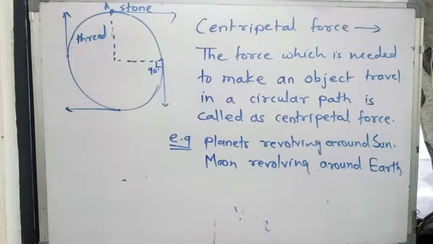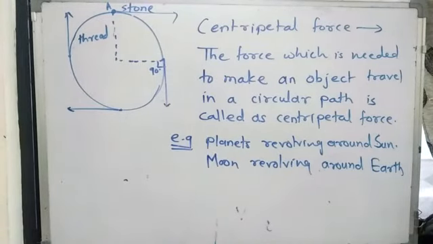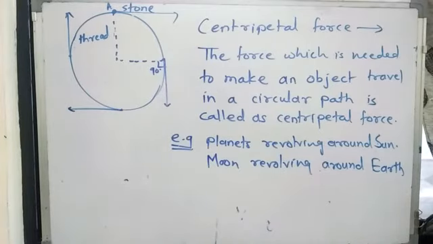So when an object is moving in a circular way with uniform circular motion, there must be some force acting on that object, applied from the center. That force is nothing but the centripetal force. When an object is moving in a circular way, its direction changes continuously. As its direction changes continuously, we can say its velocity also changes, because velocity needs direction. While explaining velocity, we consider the direction. So here we can say that centripetal force is necessary to make the object move in a circular way.